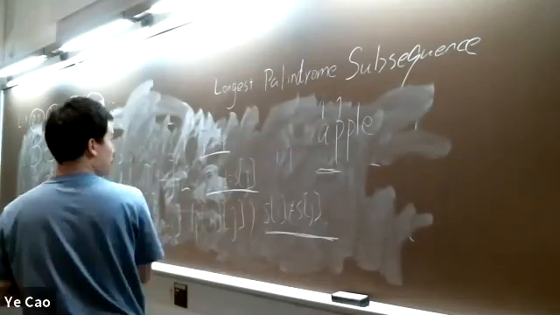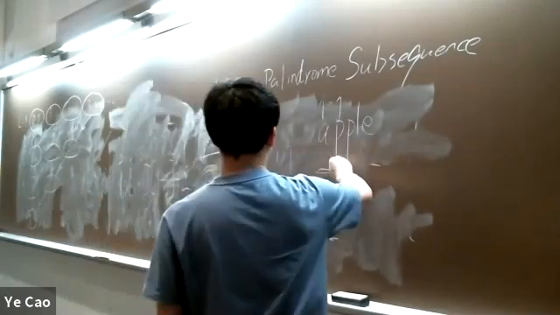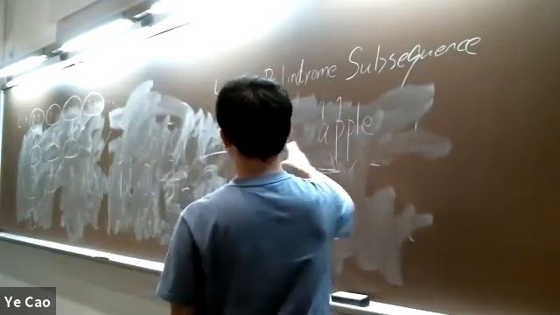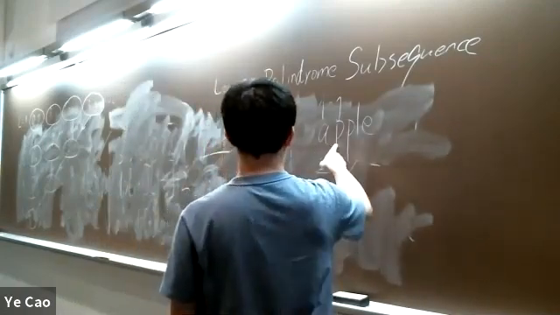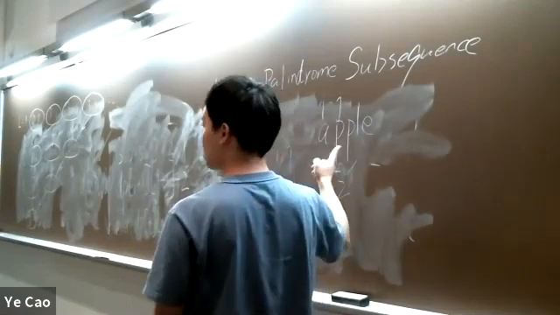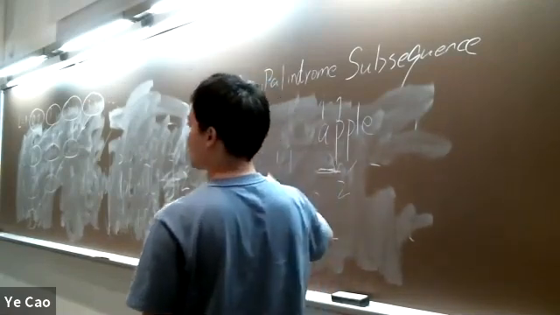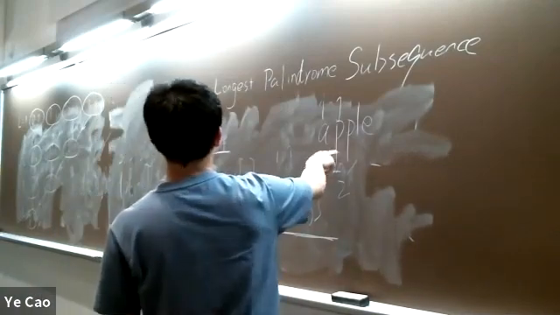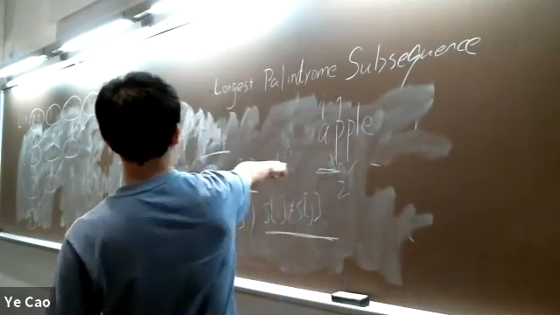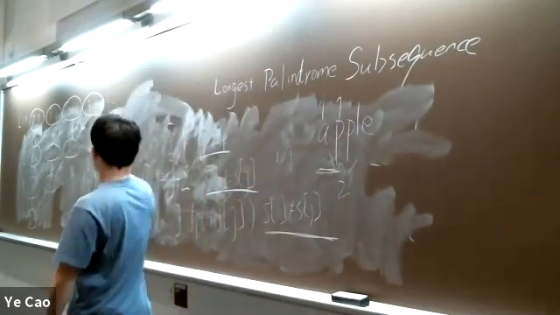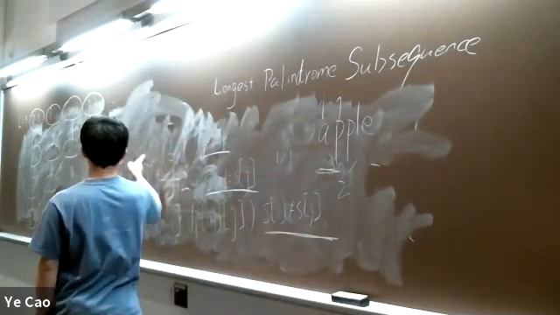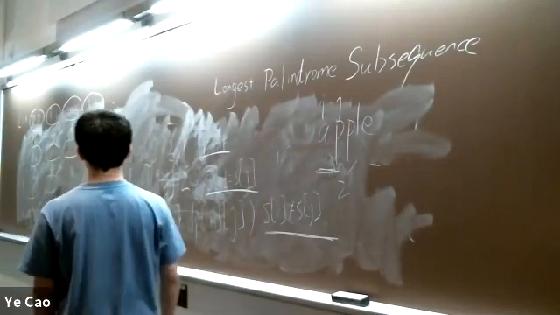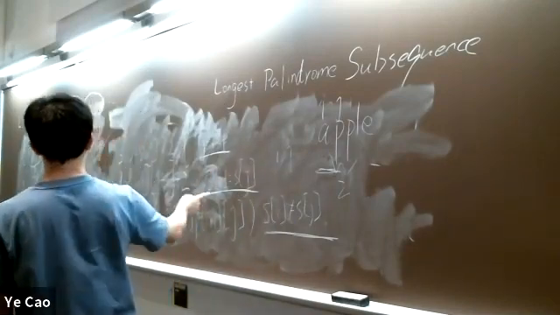In this case, P and P would just give you 2. But A and P would just be 1, because A and P is not a palindrome. You check this by checking that S[i] is equal to S[j], the character at index i equals the character at index j. Alright, this is the first condition. The second condition is